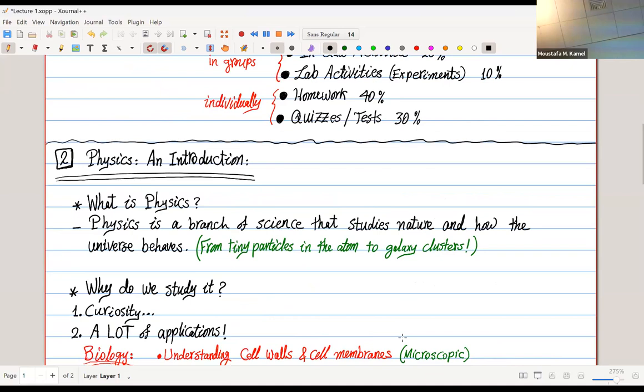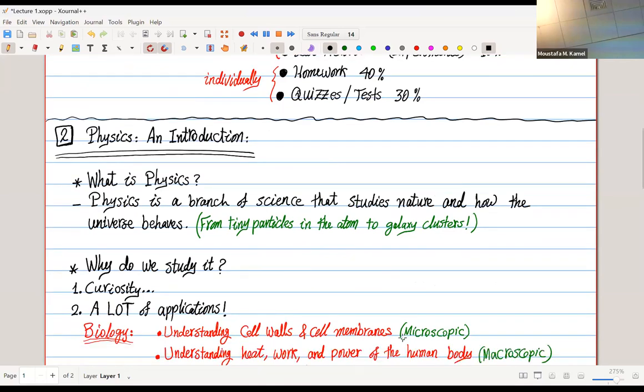It's a branch of science that studies nature and how the universe behaves. But we all know that the world is very complex, right? In its details. And each of us observes a great variety of phenomena and objects every day. So we are curious creatures, humans. So we want to understand. We want to see what's going on and be able to explain it. So over centuries and centuries, we have collected questions, we have collected information, and we have cataloged all of this information.